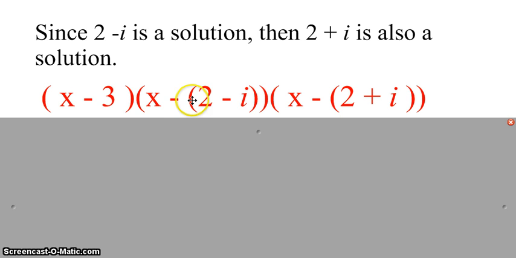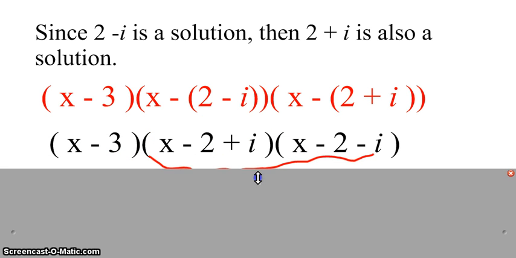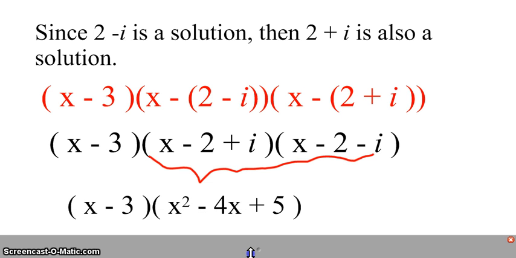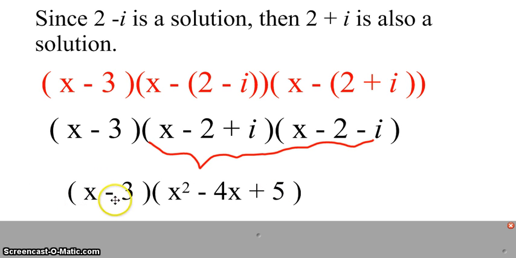When you multiply the two conjugates, remember that the conjugates will have something special. The middle cancels out. Before you do that, though, you're going to distribute the negative. So I get x minus 2 plus i and x minus 2 minus i. So when I multiply the two conjugates here, I get x squared minus 4x plus 5, and then multiplying that with x minus 3, you could either do